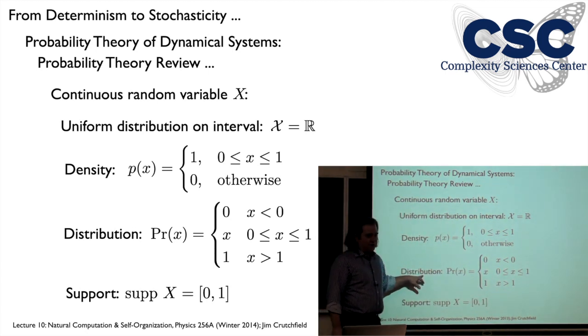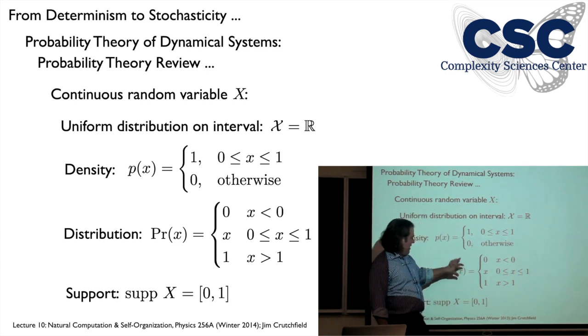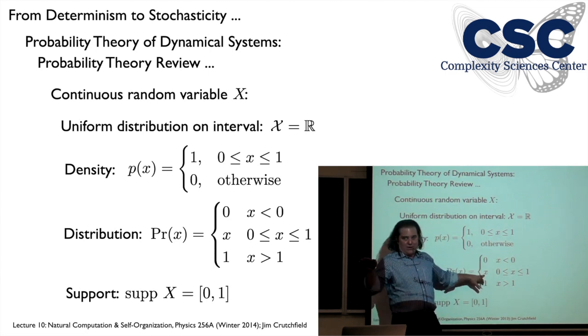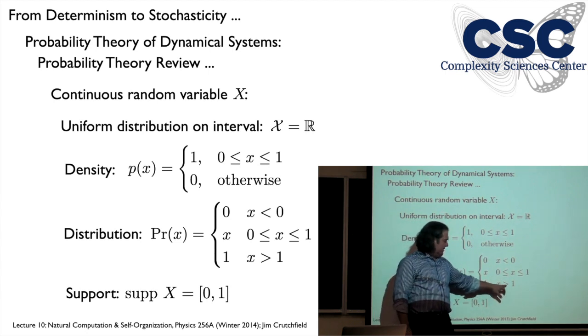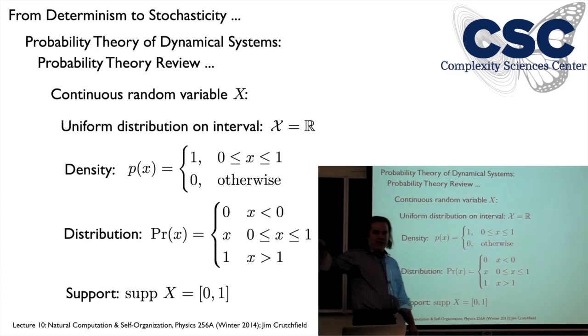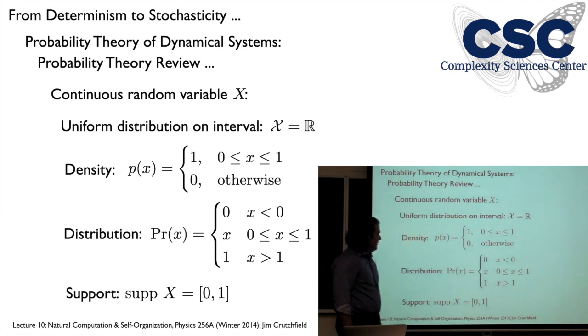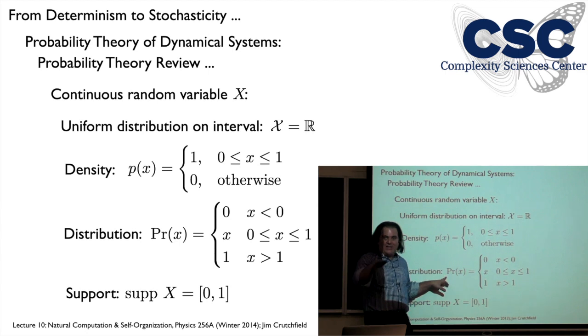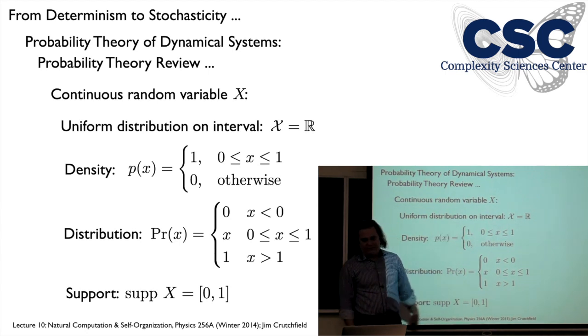Now the distribution function, again, this is the probability that the random variable takes values up to the value x. So that's 0 for x negative, right? There has been no probability. It's actually a linear function on the interval, and then it tops out at 1 for realizations with value larger than 1. Right, so that plot goes like this and then levels off. So you can see how this is like a derivative, right? The distribution function had constant slope. This had constant value over the interval. Okay.